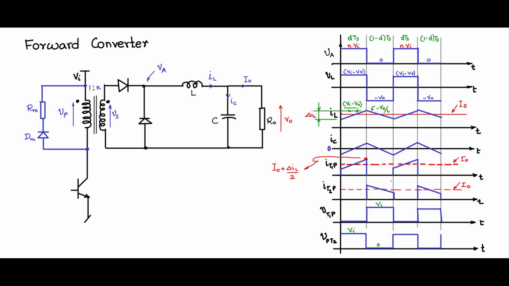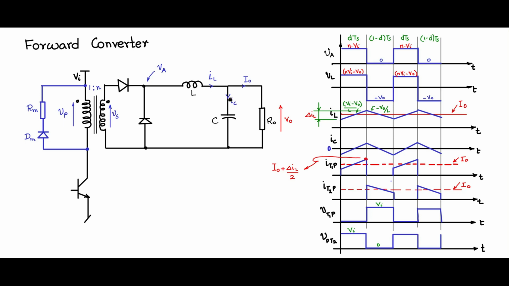From the VA waveform, all these waveforms are typical buck converter waveforms. For example, the voltage across the inductor VL will remain unchanged, except that here VI minus V0 will become NVI minus V0. So let us make that small change. So this will become NVI minus V0. This will remain minus V0 when the inductor is freewheeling, this potential VA is 0, and the other side of the inductor is at V naught. So that is what we have indicated here, it remains unchanged.